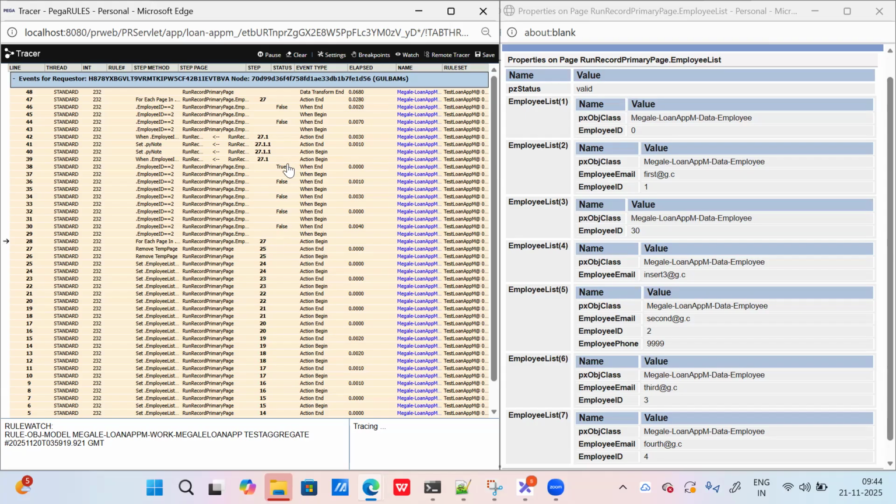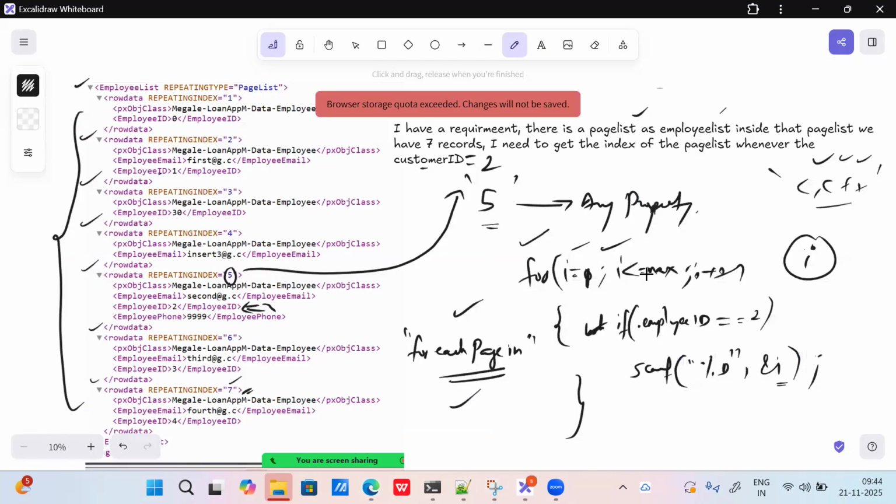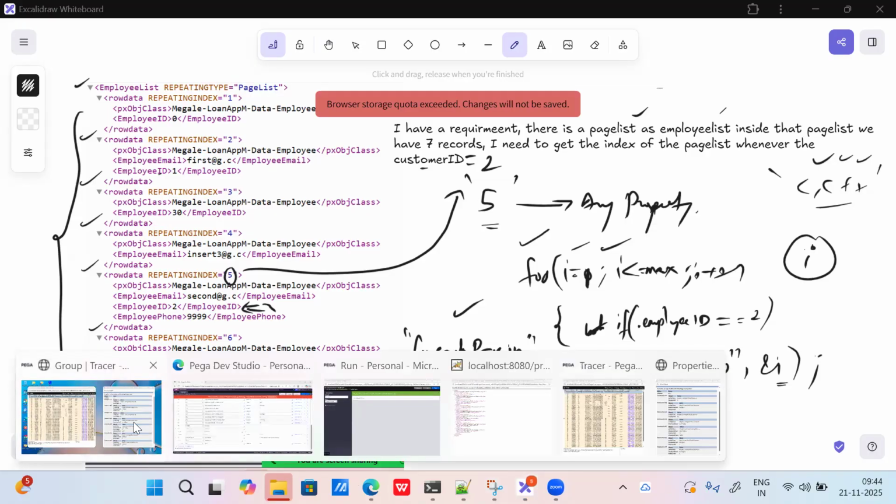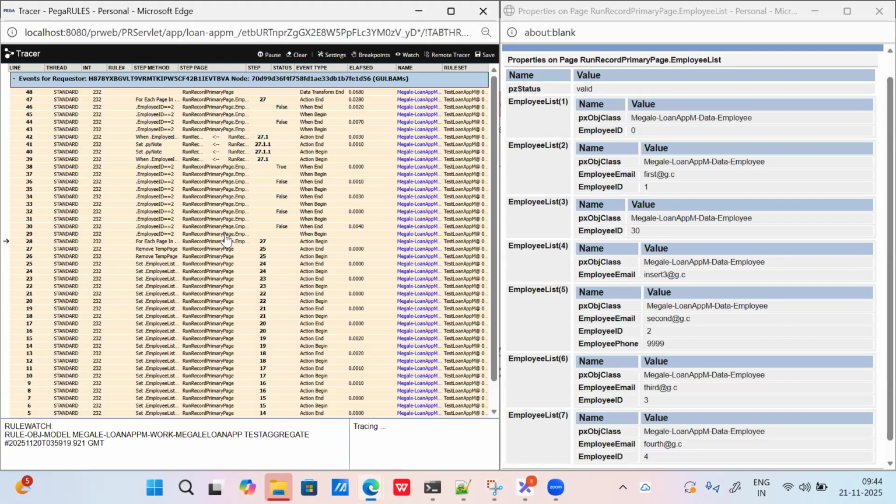For each and every loop that the for each will do, we have i equals 1, i less than max. If I go back to this place, this is something we have defined in C. But in Pega, you are not setting any parameter. I'm not setting i equals 1 or i less than or equal to max. I'm just using this for loop, and this for loop is checking each and every entry.